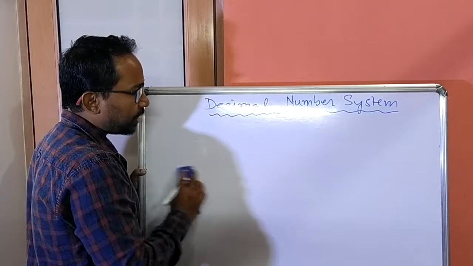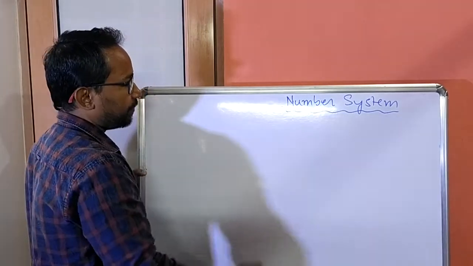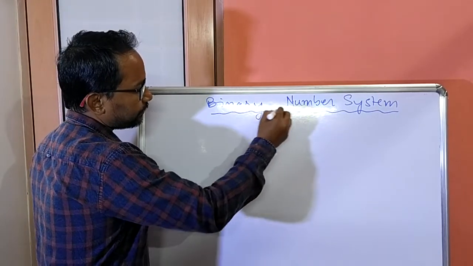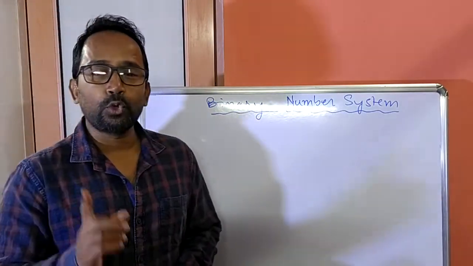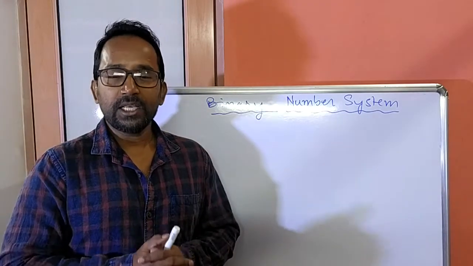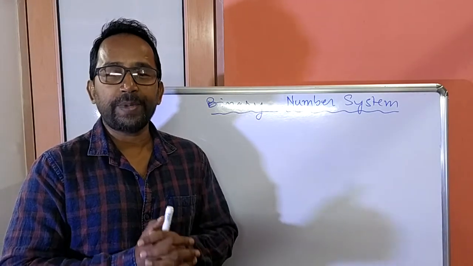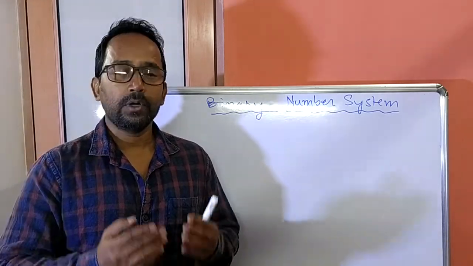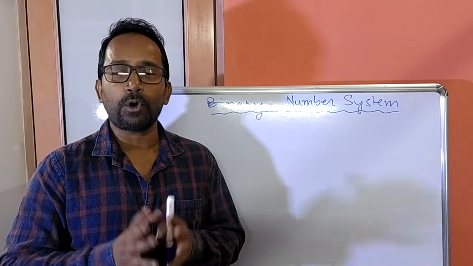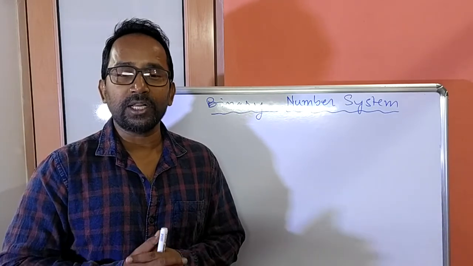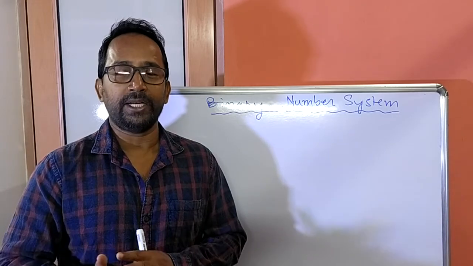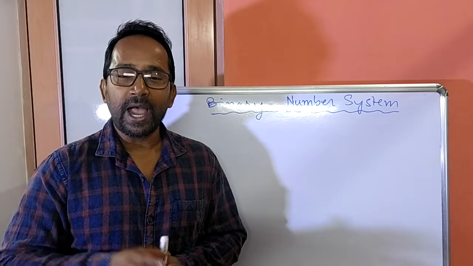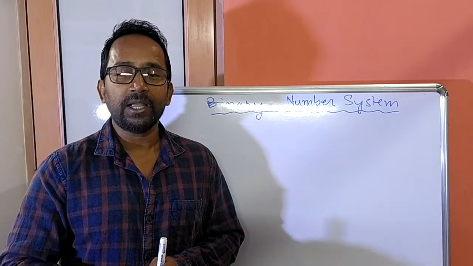Now we will learn binary number system. This number system consists of two digits, that are 0 and 1. Since this number system uses two digits, its base is 2. All digital computers use this number system internally for processing. We users always give data and instruction in the form of decimal numbers. But computer cannot understand human language. Rather, it understands only binary code. Therefore, the data entered into the computer need to be converted to its binary equivalent, and it further converts that binary result into its decimal output so that we users can understand.